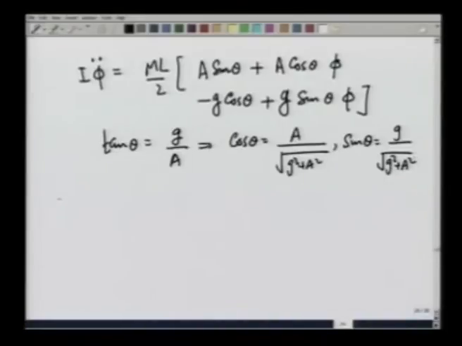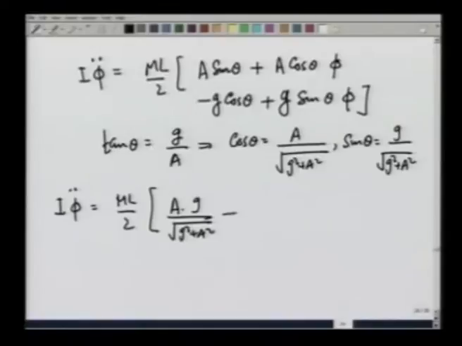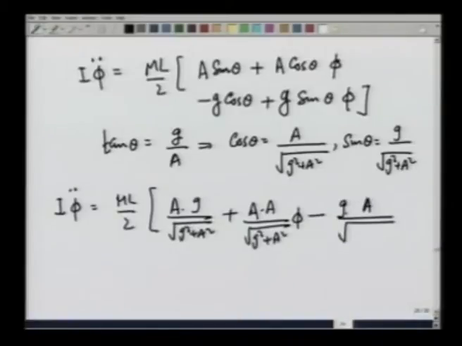Let us substitute that, and then we get I phi double dot is equal to m L over 2 [a times g over square root of g square plus a square plus a cosine theta is a over square root of g square plus a square] phi minus g cosine theta is a over square root of g square plus a square plus g sine theta is g over square root of g square plus a square